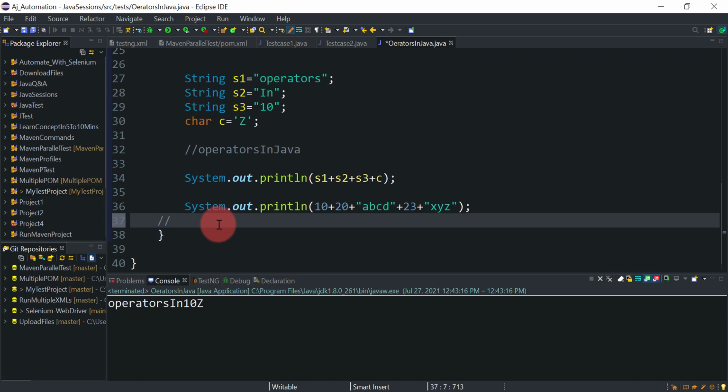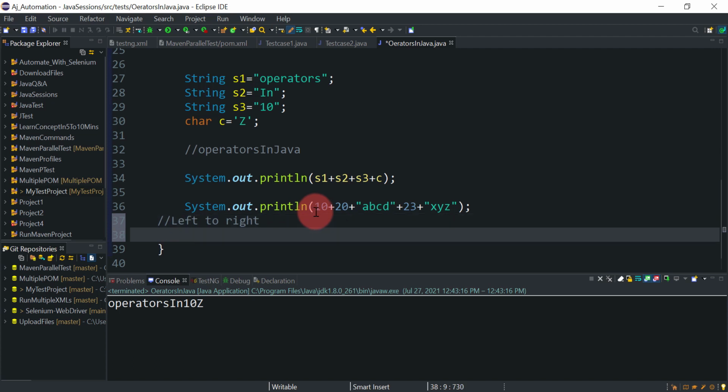So the leftmost operator will be calculated first, meaning the addition of these two. 10 plus 20, what will be the result? 30. Then plus abcd, which is a string value, so we concat that with the 30. So we get 30abcd, right?